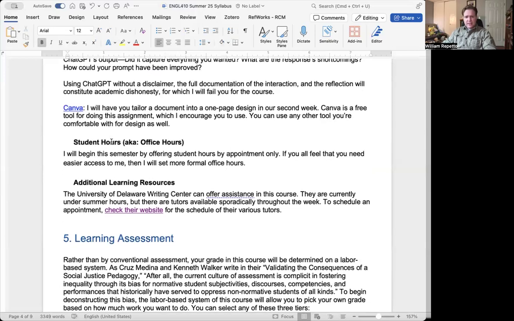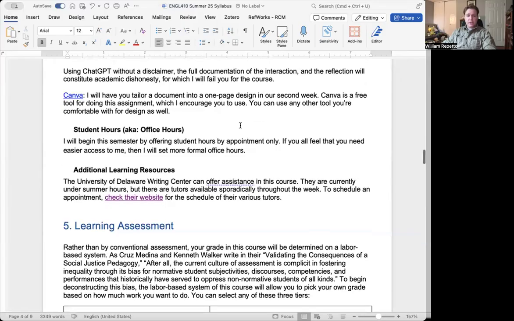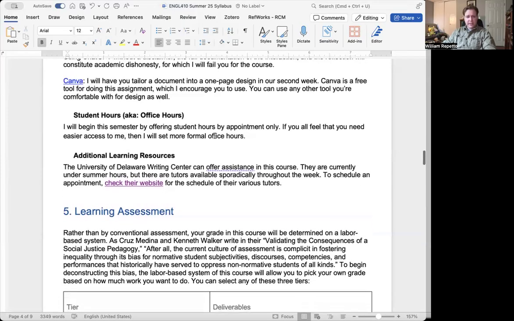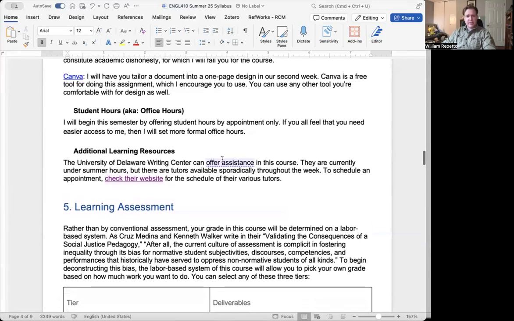We'll use Canva. Yeah, technical writing involves a little bit of design. So yeah, we'll use Canva. It's the easiest one to use. It comes with templates and things like that that should make your assignments really quite easy. If you are comfortable with other design software, you're welcome to use it. But that'll be the easy one, and I'll put a couple assignments for Canva.